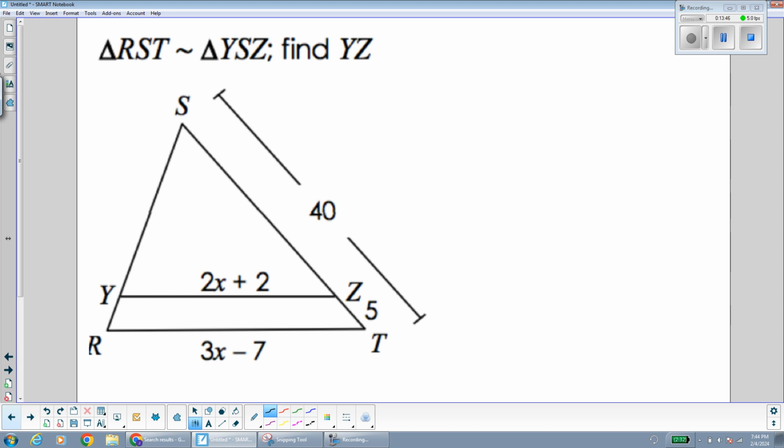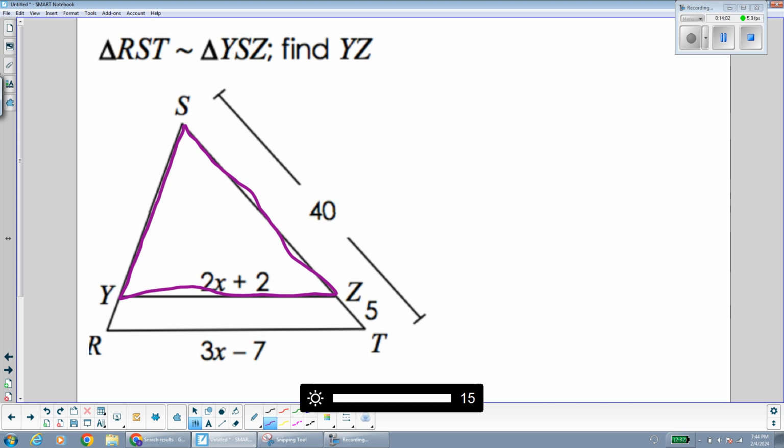Moving on over here, we have a smaller triangle, SYZ, inside the larger triangle, SRT. And they tell us already in the question that the two triangles are similar to each other. And we need to find the length of YZ. So YZ is already represented as 2x plus 2. So we need to find the x value so that way we can plug in and see what that side